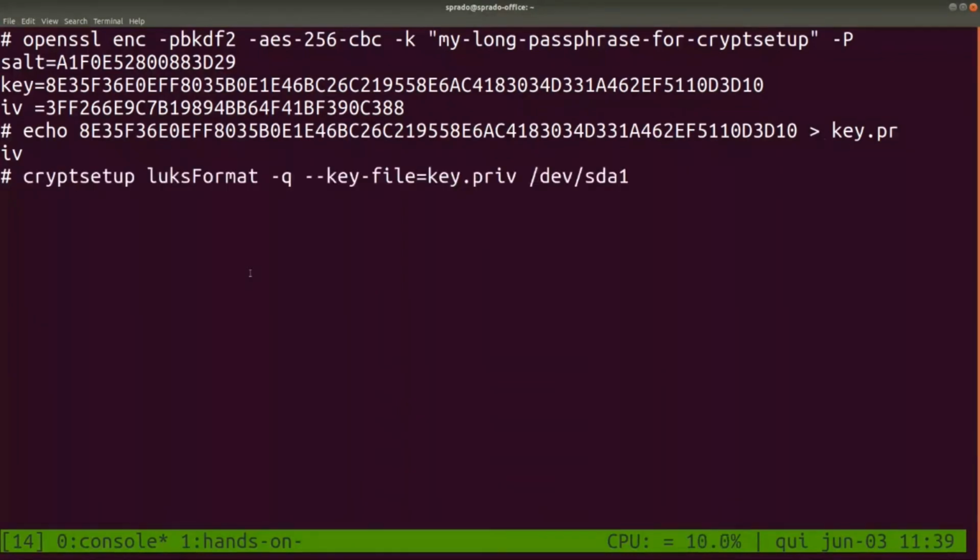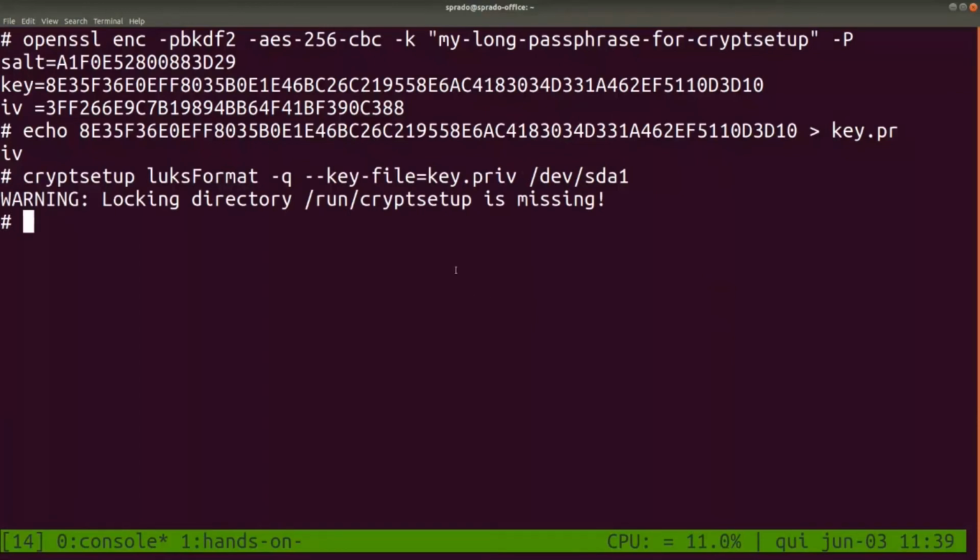Right, the first thing I need to do is format the partition. I'm going to use LUKS here. So I'm going to use this tool, cryptsetup, to format the partition with LUKS using this key. This is my key, right? So let's do this. It should take a few seconds, hopefully. So we don't need to wait much time. Good,